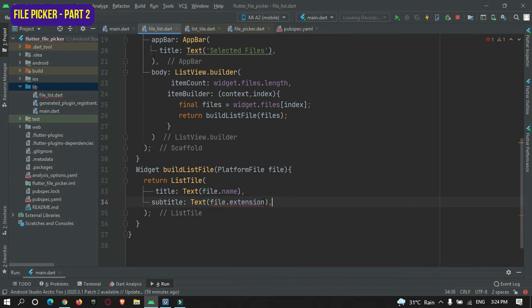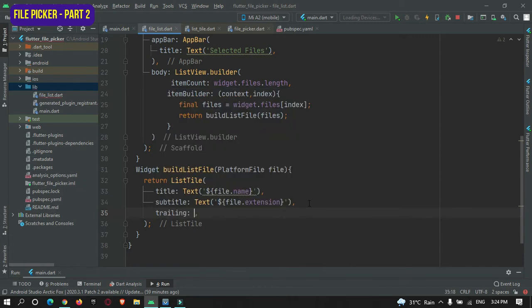Let's try this. Okay, it's working. Let me do it for name also. Leading is done.